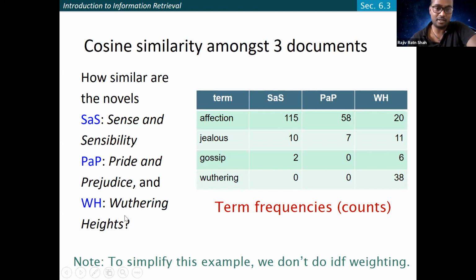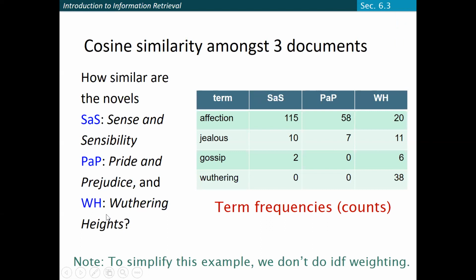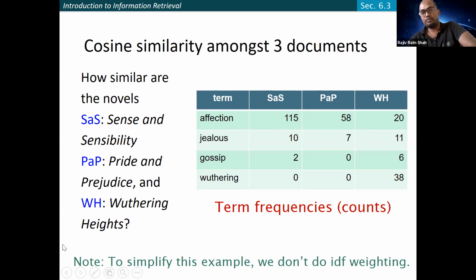I haven't read these novels, but at least, as you have rightly mentioned, the first 2 novels are from the same author, right? So what do you think? If you compute the similarity, which 2 documents out of these 3 are similar? What would be your answer? Because these 2 are probably from the same author, hopefully these 2 might be more similar documents as compared to the other. Yes, similar writing style and similar vocabulary. Yeah, you're very well right.